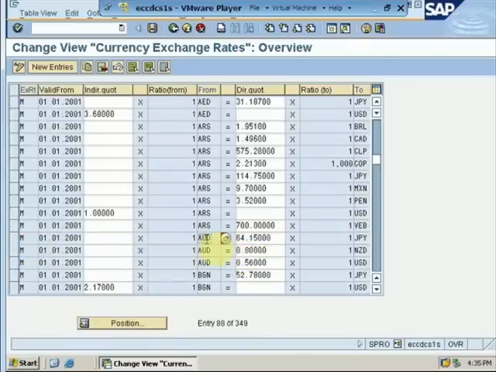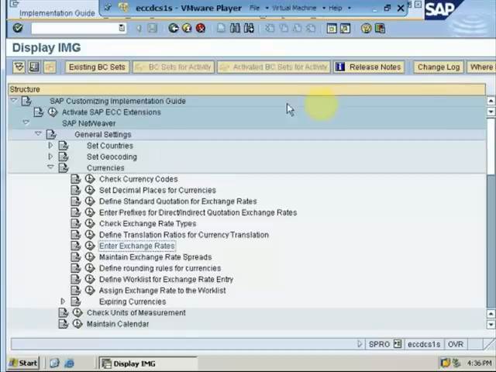Moving on to the concept of inversion, if I have defined Australian dollar to Japanese yen, and my transaction needs to translate the exchange rate from Japanese yen to Australian dollar, it will automatically get derived from this exchange rate translation that we have defined if we have configured our inversion translation. Once I have defined my exchange rate, I just have to click save, and whatever transaction takes place, the system will automatically derive the exchange rate translation from this table. This concludes our exercise.